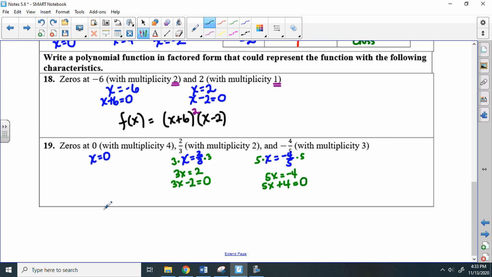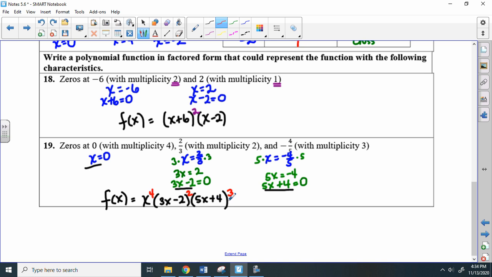All right, so now we are ready to write our polynomial. And if you have an x equals 0, that factor should always go first. Okay, so this is a factor, this is a factor, this is a factor. Okay, so I'm going to write my factors down, leaving a little bit of space in between so I can squeeze in my multiplicity. All right, so then I'm going to go back and get my multiplicity. And the first one has a multiplicity of 4. Then the 2/3 has a multiplicity of 2. And the last one has a multiplicity of 3. And that's my polynomial. It's still in factored form,